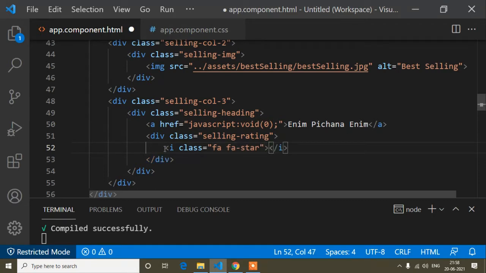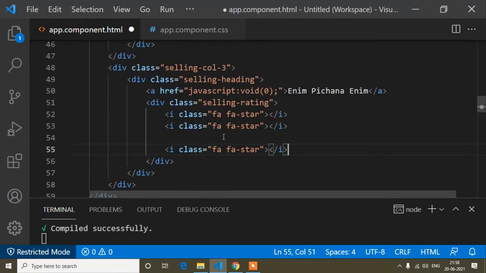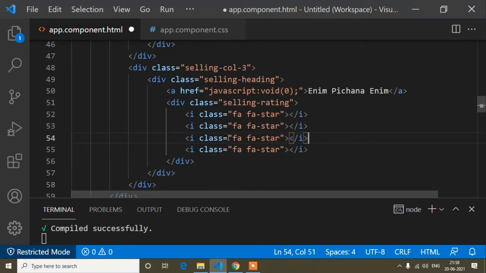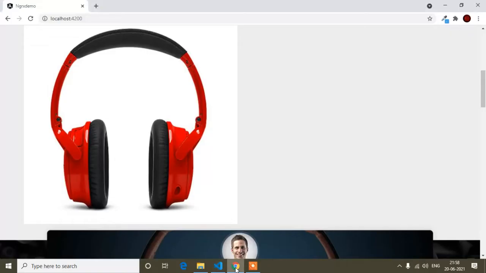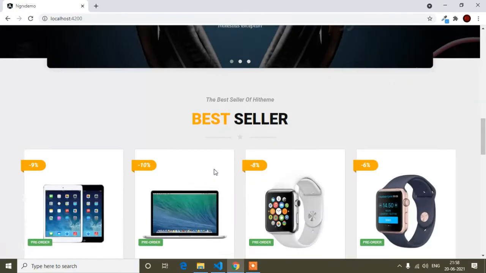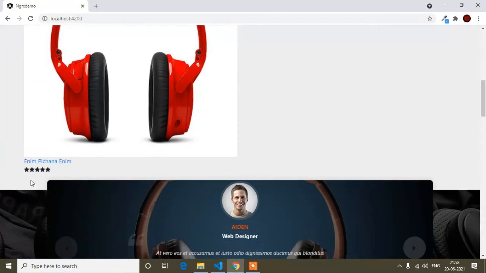Star rating is always 5, so here I will paste it up to 5. You can see this one. Now if I save, first of all I will show you. Here you can see this is the name, and this one is the stars.